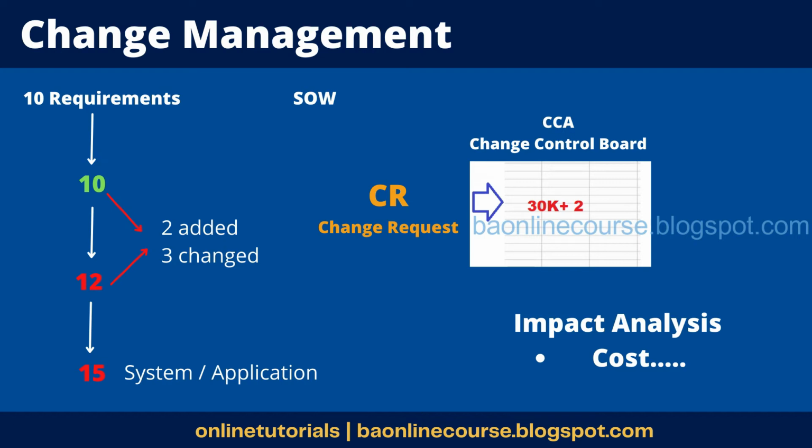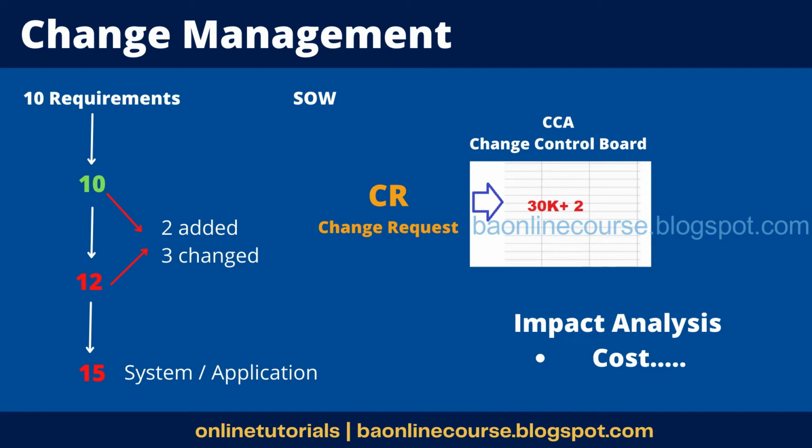So you'll figure out the impact on all those terms, like your cost, schedule, the people availability, right, and the timelines what you have committed. A lot of parameters would be analyzed, and it's not just you. The technical architect would also be involved in this analysis. It's a joint exercise. Okay, so basically you're figuring out what is the impact of this change. So you're not just blindly accepting once the change request comes in. So if it gives you in a document, you're not going to accept it. Okay, so you would analyze that.